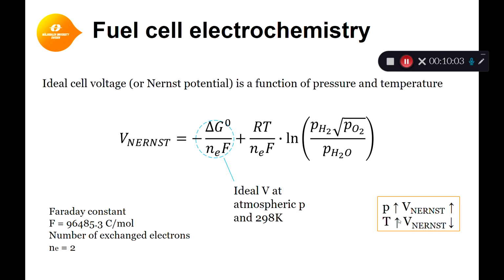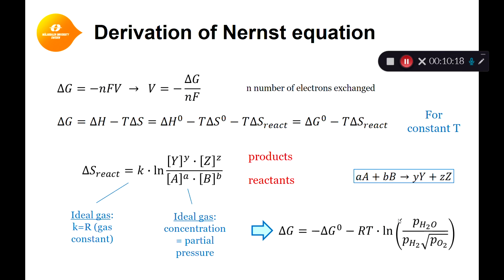There is also another term that is a function of the temperature and the pressure. So if we are not in standard condition, we have a term that varies the Nernst potential compared to this first term. And this term can be understood if we refresh a little bit the